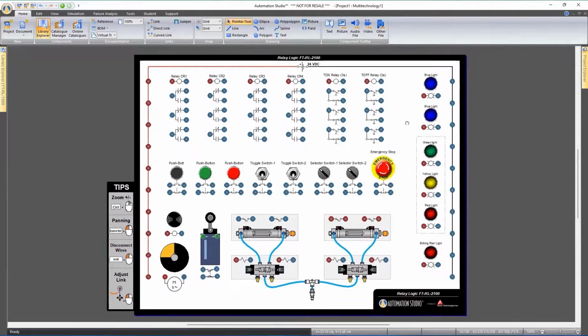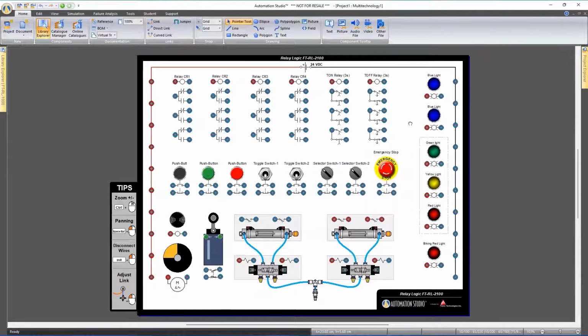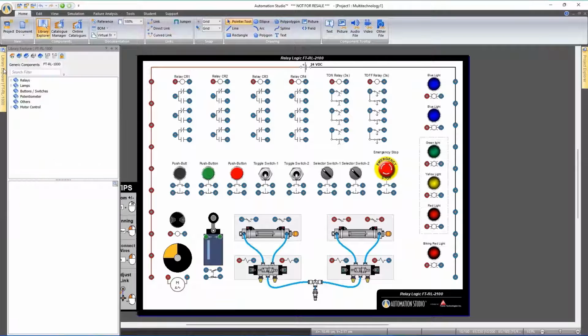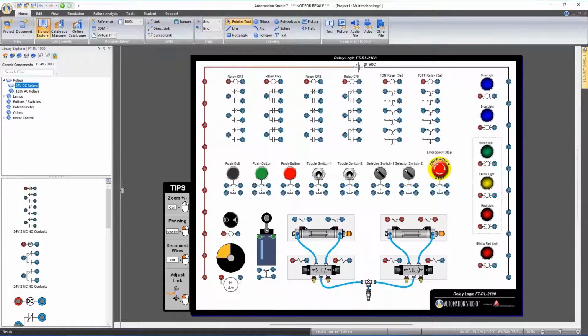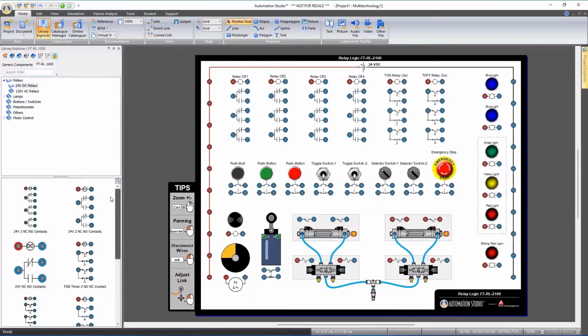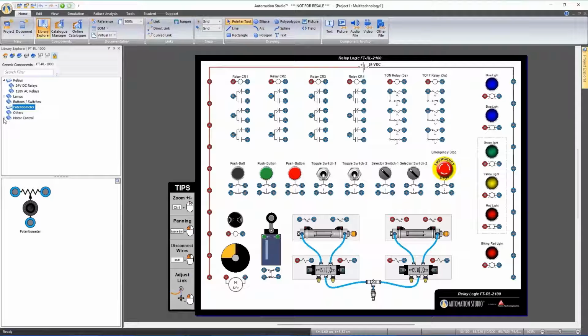When you open a trainer like that, it will also open by default a library that can be used with this trainer. You see, if I come here and I go to Relays, you see I have some relays down here. Then I can just add to this trainer lamps, buttons, pilot meters, some motor control and components. Because keep in mind that all these trainers are locked. You see, I cannot move these components. They're locked there. Okay? But as an instructor, if you press F5 on your keyboard,